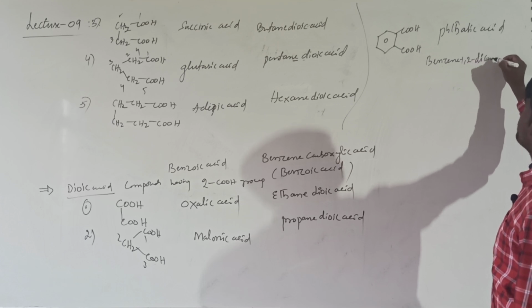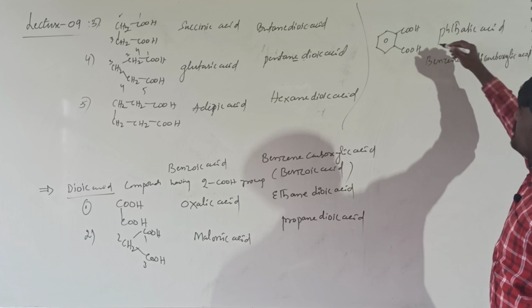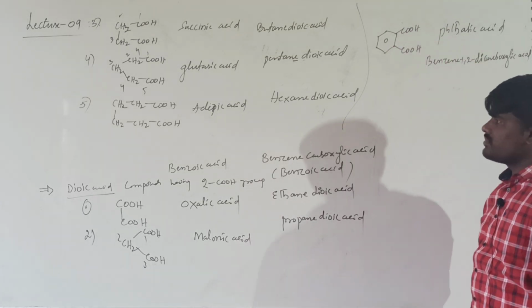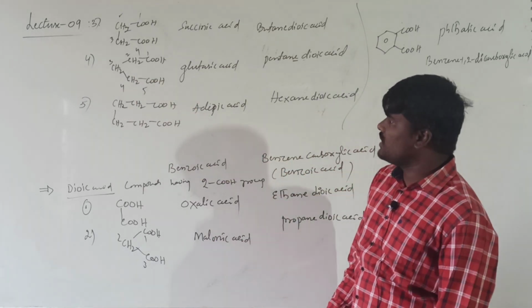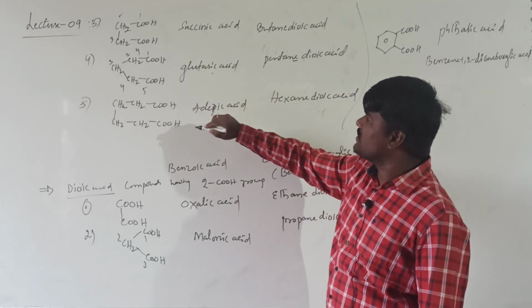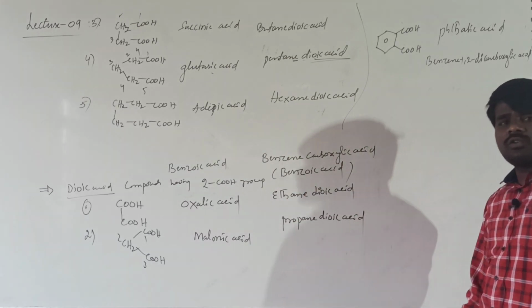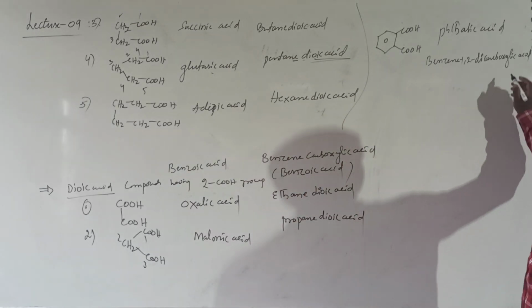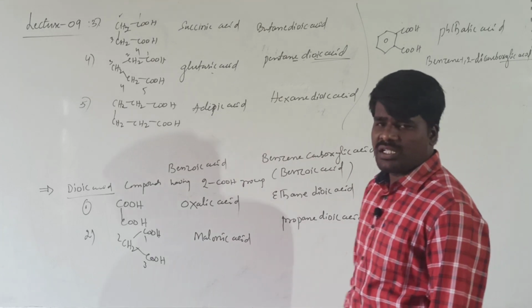Why are you calling it carboxylic acid here? Since in the parent chain we are not considering these carbons. But in the other case, if you see here, these carbons are included in the parent chain. When you include the carbon of the carboxylic group in the parent chain, you have to call it oic acid. If the carbon of the carboxylic group is not included in the parent chain, you have to call it carboxylic acid. This is a very important aspect of the nomenclature of carboxylic acids.